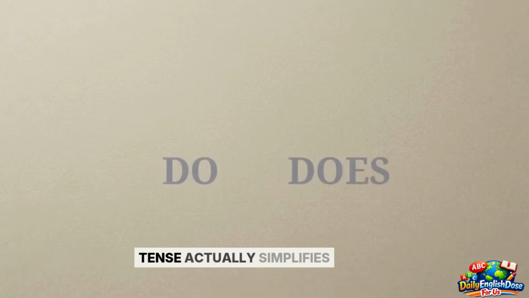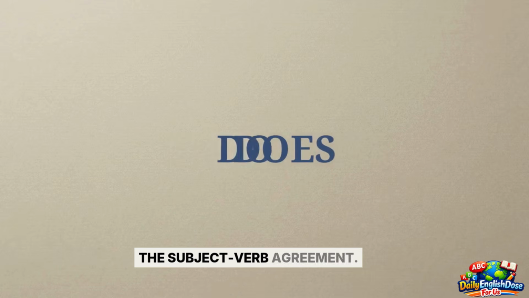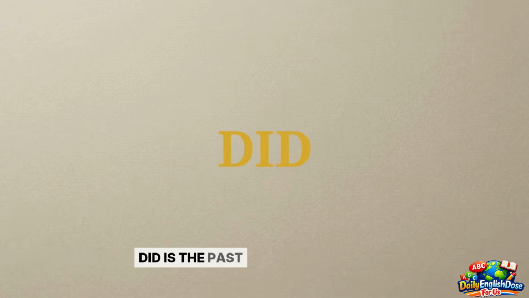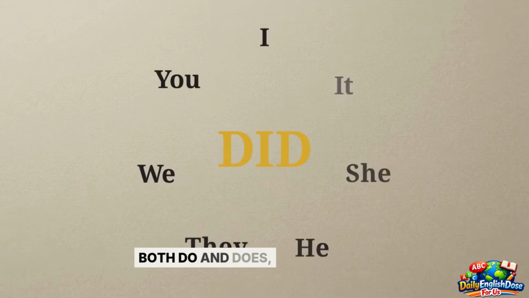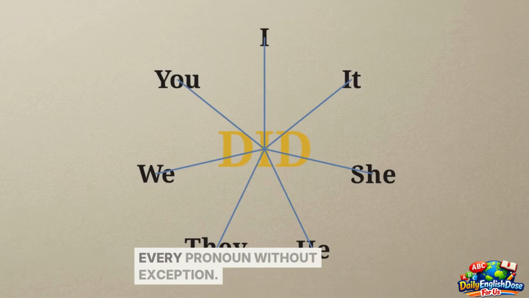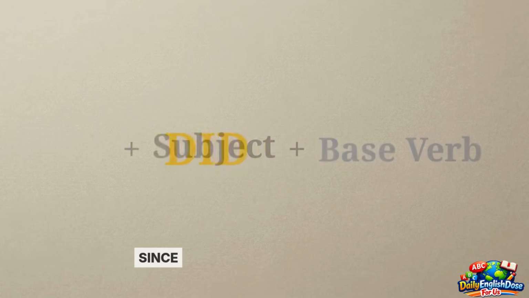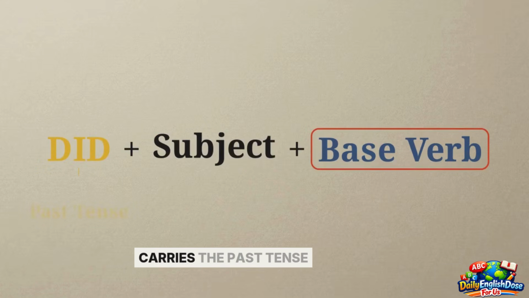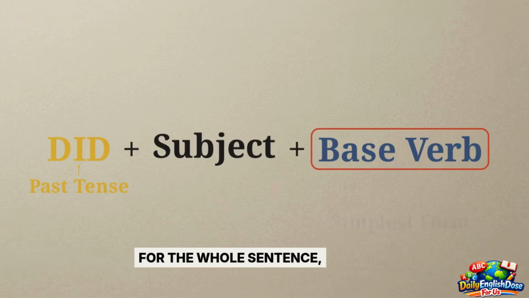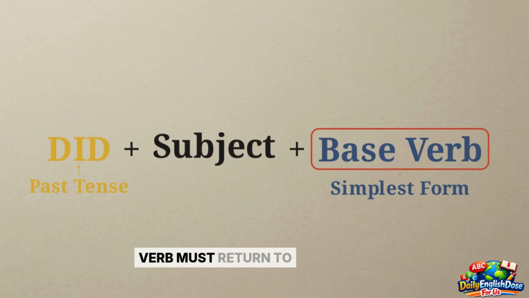Moving to the past tense actually simplifies the subject-verb agreement. Did is the past tense equivalent for both do and does, and it applies to every pronoun without exception. There is one core rule here, the base verb rule. Since the word did already carries the past tense for the whole sentence, the main action verb must return to